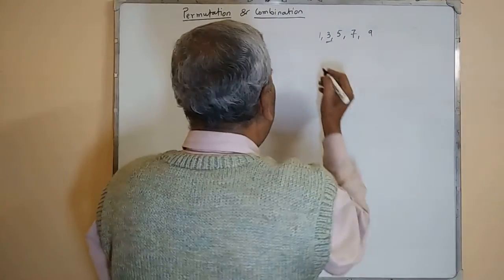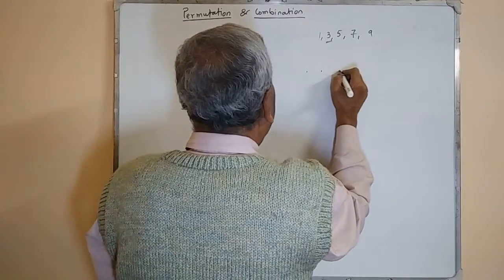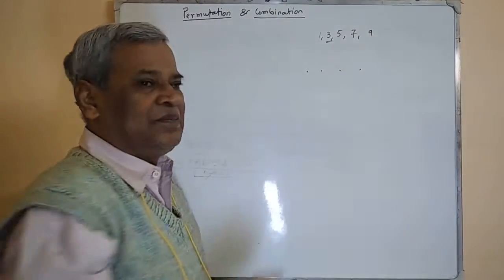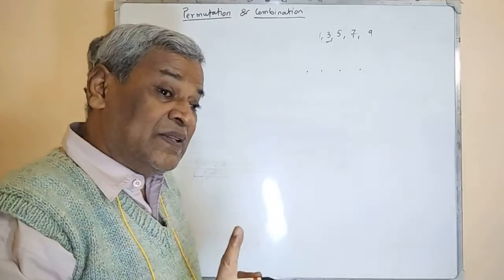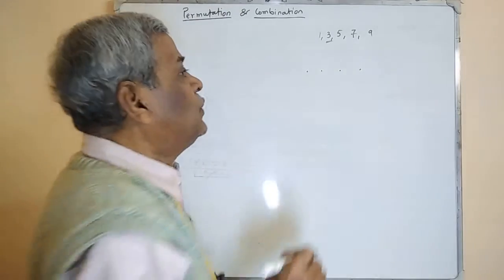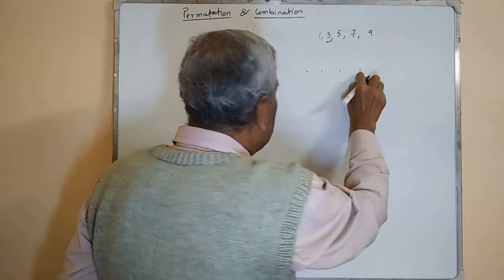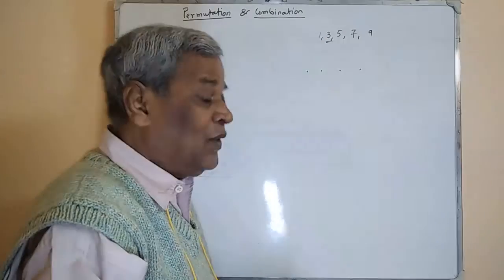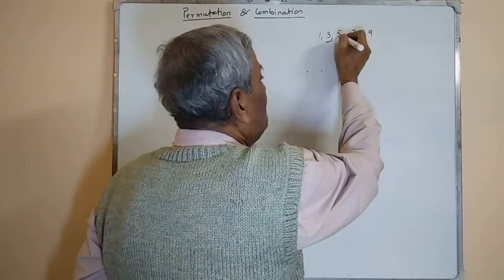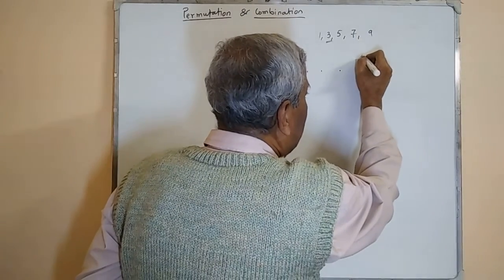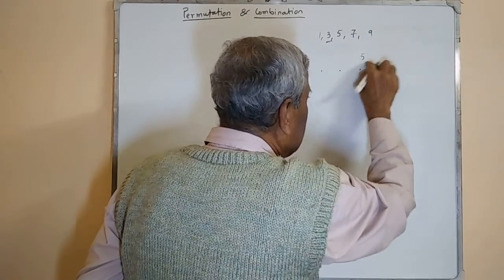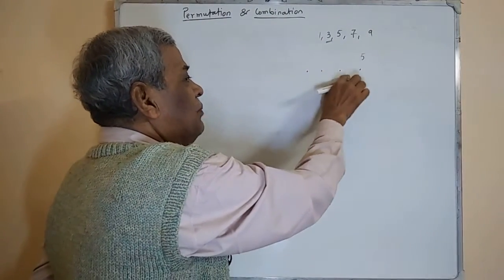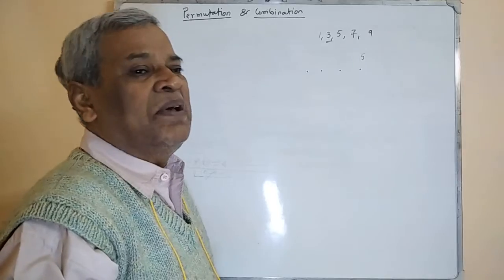It means we have to form a four digit number, which means we have to fill up these four positions, and the number is divisible by 5. So the unit position is restricted. I cannot give there 9, cannot give there 7. The only possibility is that we can place 5 only here, then whatever the digits placed in the other positions, the whole number will be divisible by 5.